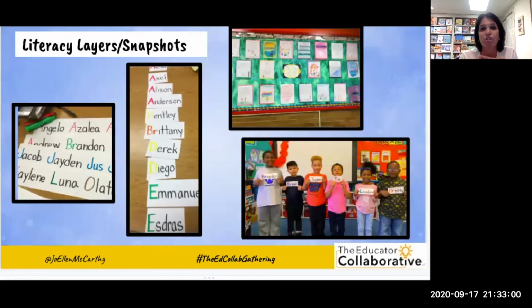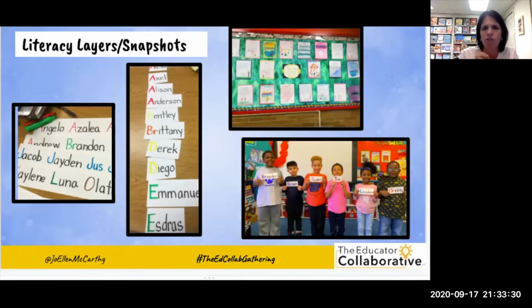More literacy snapshots with names. Are we thinking about the ways that younger children perhaps can learn letter sounds or celebrate their individuality, and also at the same time learn how letters make certain sounds? So if you think about a child, if you look at the list, Bentley and Brittany, it's two different colors because Bentley makes one initial sound with that B, but Brittany has a different sound. So therefore Brittany's a different color. Or Brandon, if you could see from a different class example.